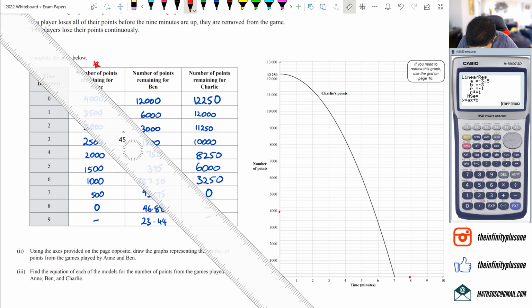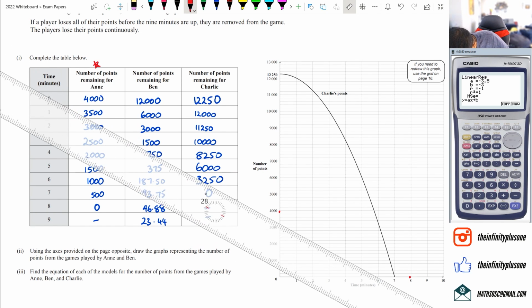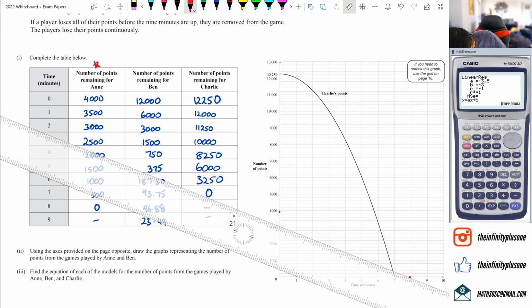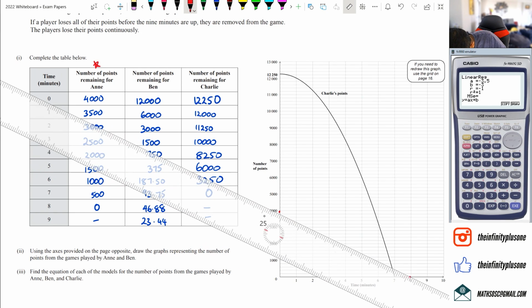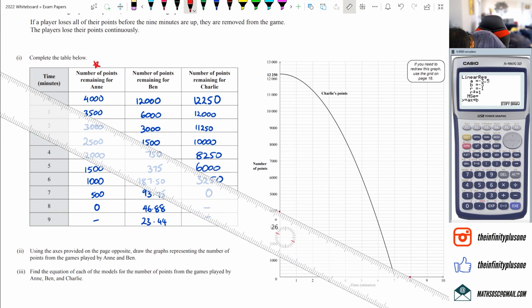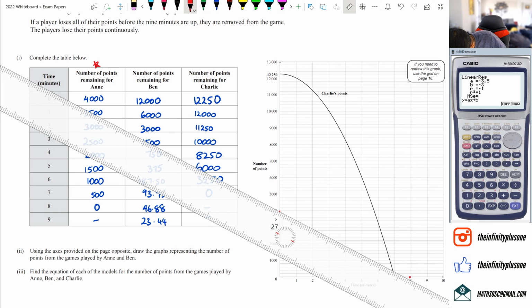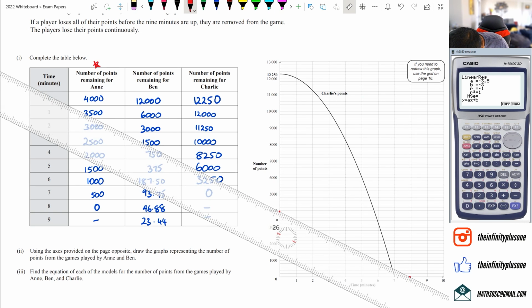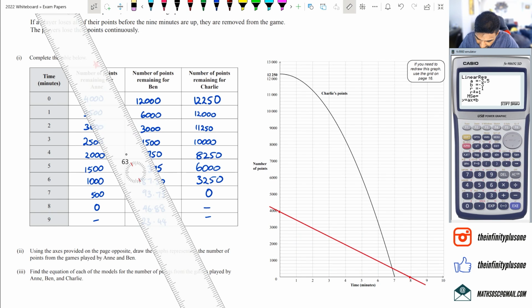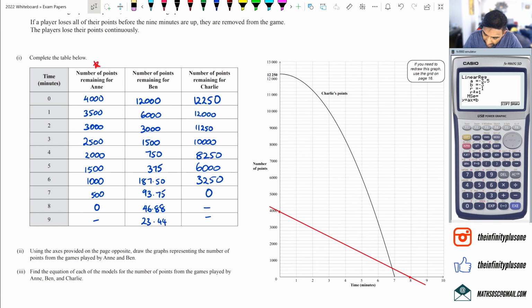I'm sorry guys, this is the best I could do here, but I'm going to try. See if this works. Yeah, it's not bad. Okay, that's not bad. That's a straight line right there. Next thing is I have got to do Ben's one, which I shall do in a light blue color here